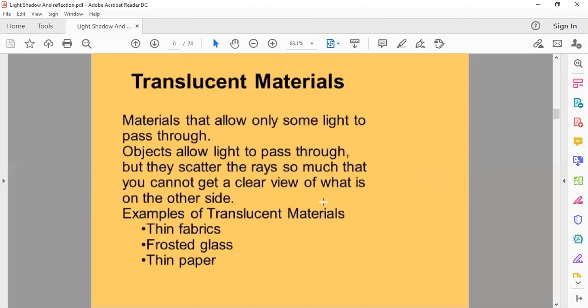It is blurry, meaning not clear. A few examples of translucent materials are thin fabric, frosted glass, and very thin paper, or paper with oil spread on it, which is an example of translucent material.